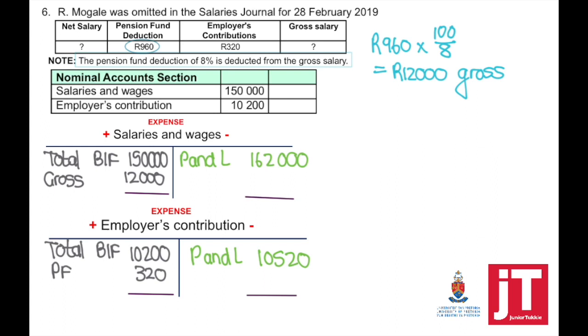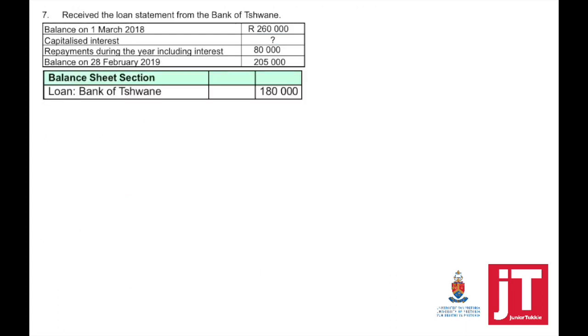If they've only asked you to complete the income statement, we only care about the gross plus the contribution. The deduction will go to the fund account, which is a liability. If we look now at adjustment number 7, received a loan statement from the bank, balance on the 1st of March 2018,